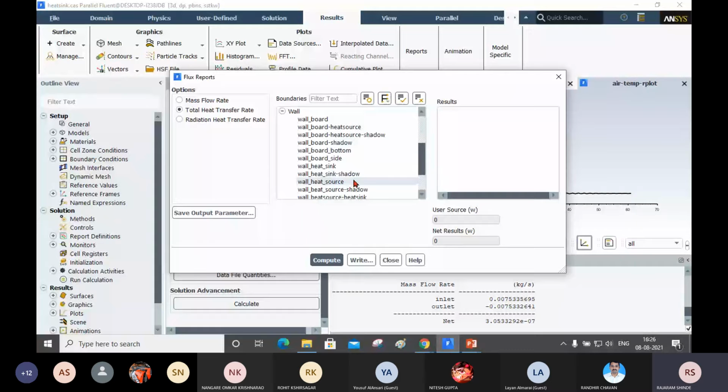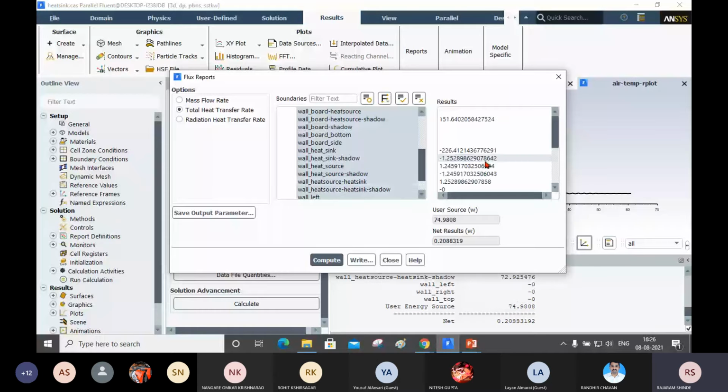Okay, and you click on compute. It is calculating the walls. You see here it is showing 0 where we have specified. Now this one here you have specified the 0. Now it is calculating this heat source. Okay, after that